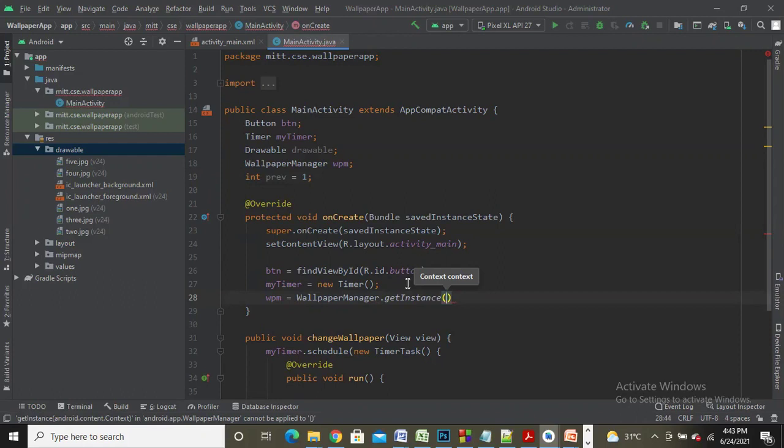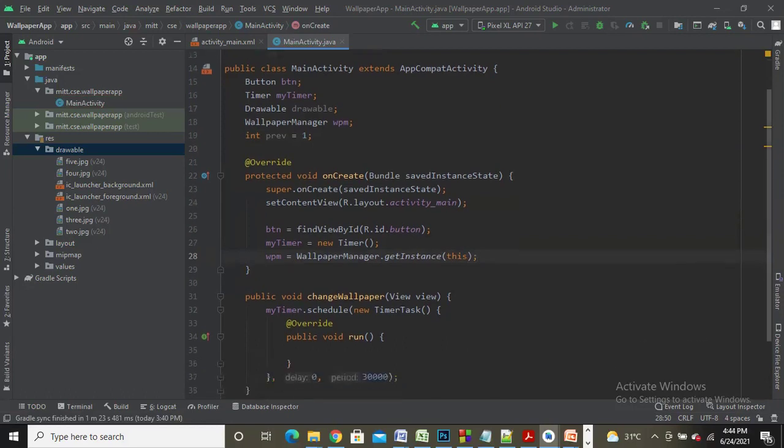To get the current wallpaper, the current context I'll write as this, which is nothing but your screen. So we have fetched the current wallpaper, and now inside the run method,